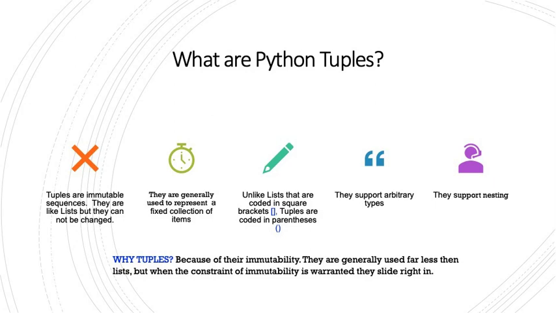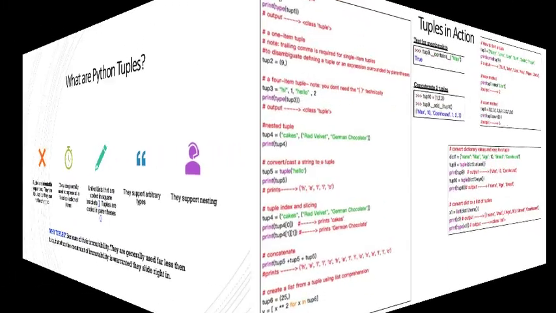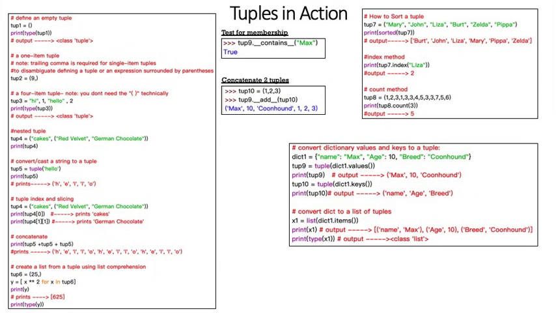Why would you use tuples? Well, frankly, because of their immutability. They are generally used far less than lists, their close cousin, but when the constraint of immutability is warranted, they slide right in. Let's take a look at how we create tuples and some of the things we can do